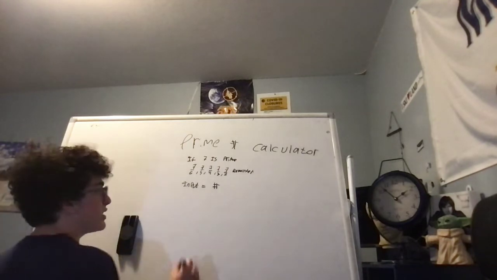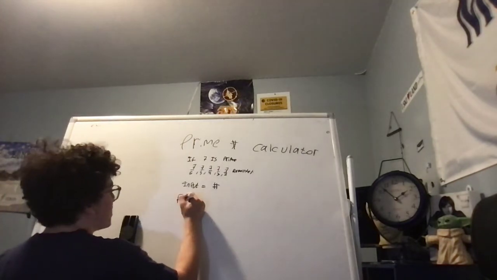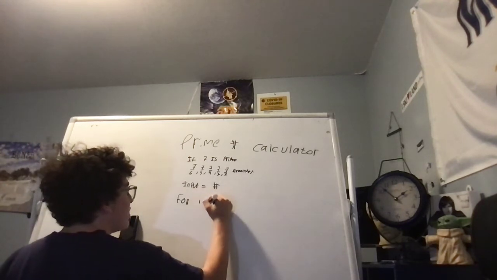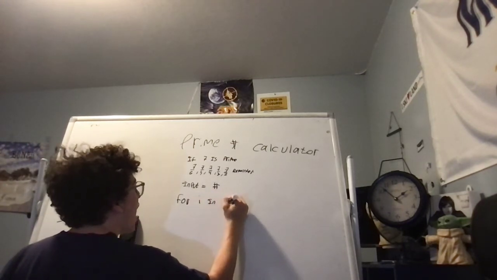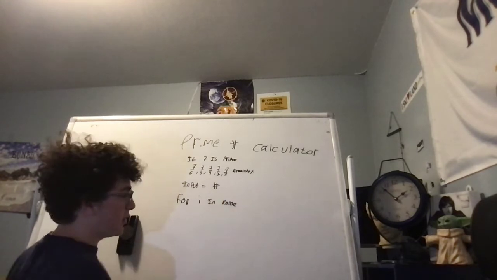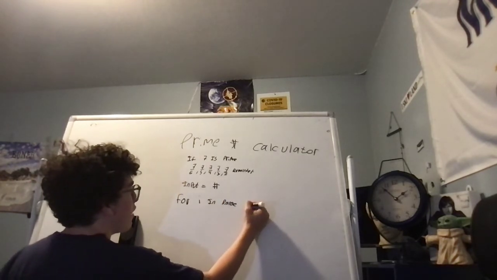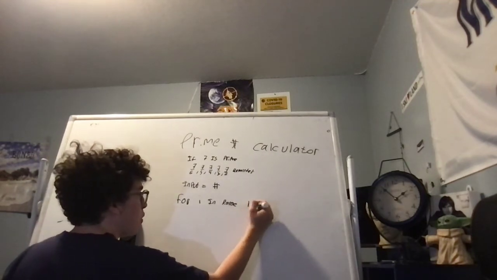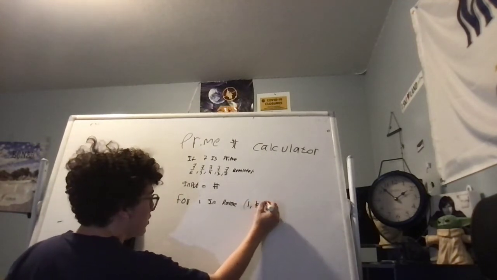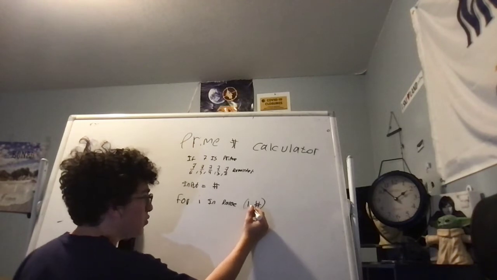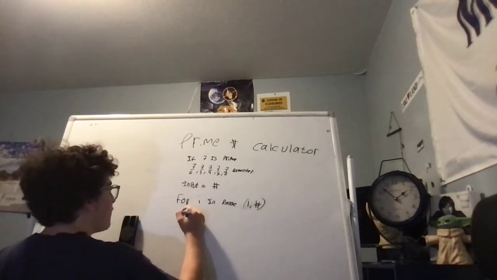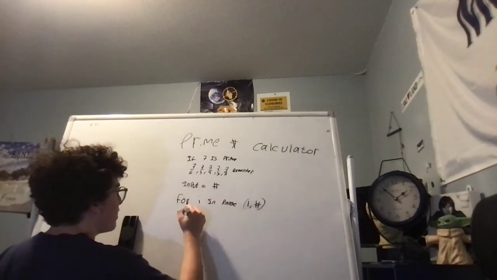Now, we're going to create a logic statement, a for statement. So we're going to say for I in range, it doesn't matter what you use there. I in range of our number, of 1 to our number, non-inclusive, so we don't want to include 1, we don't want to include our number, okay? And then we'd say if